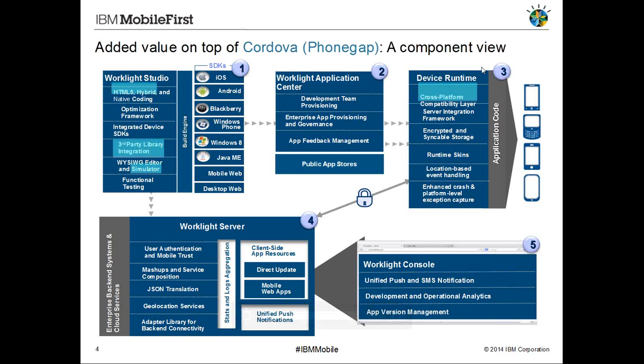So in a nutshell, this slide will give you an idea of how, from a functional standpoint, Apache Cordova and IBM Worklight work with each other or complement each other to a larger extent. We use the PhoneGap technology, or Apache Cordova technology, as part of Worklight. So when you build an app, let's say you already have built an app which is using jQuery or Dojo or Sencha, and Apache Cordova as the layer for getting the native functionality, we can very well get that application